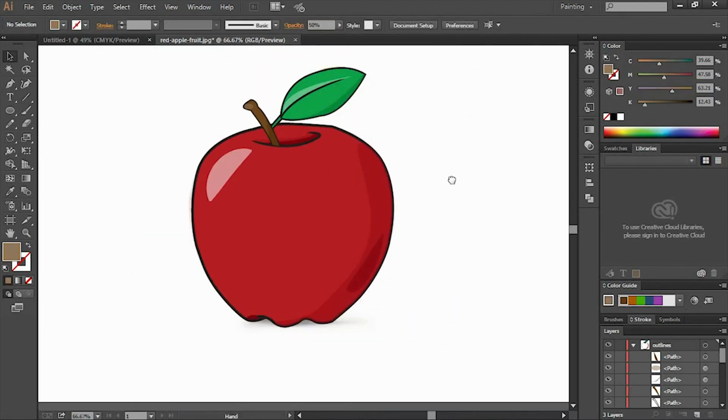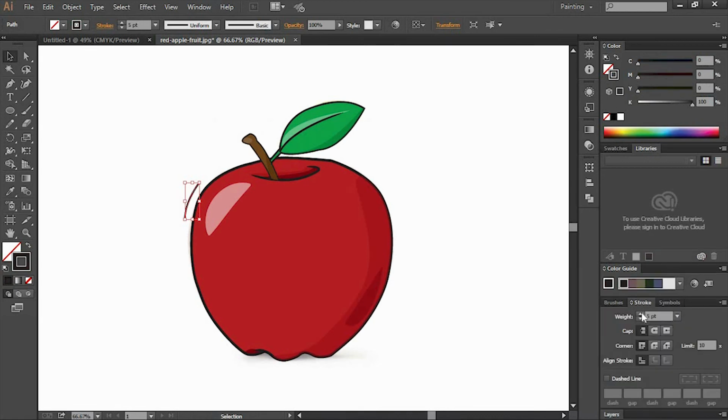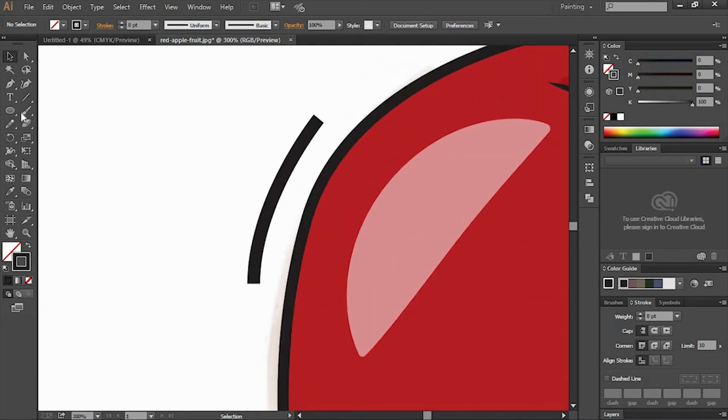Once we are done with the coloring process and highlights and shadows, let's start with creating more details. So let's swap it with the stroke here and give it a color black, and use the stroke as 7 or 8. I'll go with the 8, and let's start to create some more details. Select the shape, go to width tool, increase the width in the middle and decrease the width at the end. Just taper off the end of the lines.